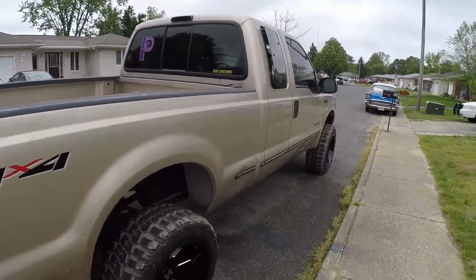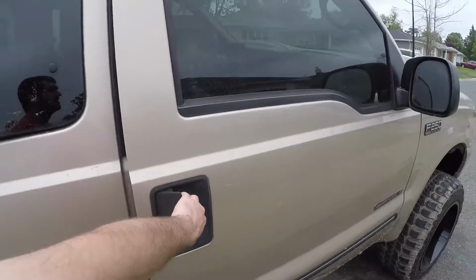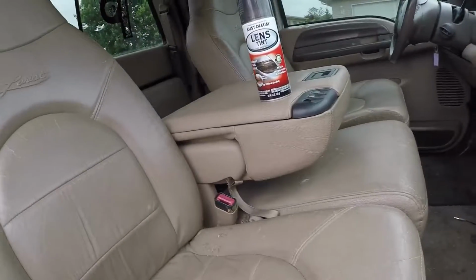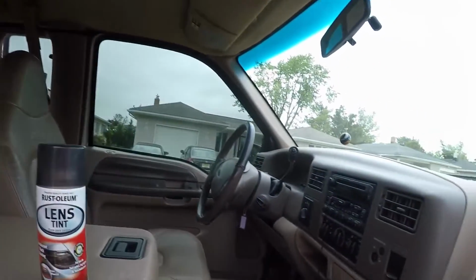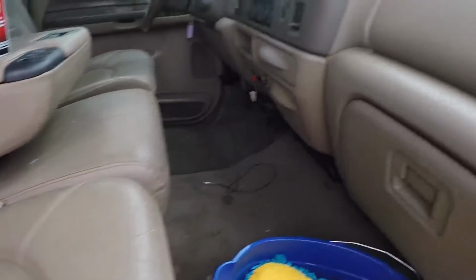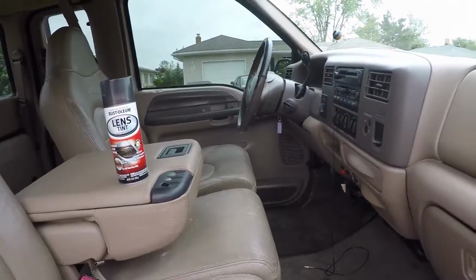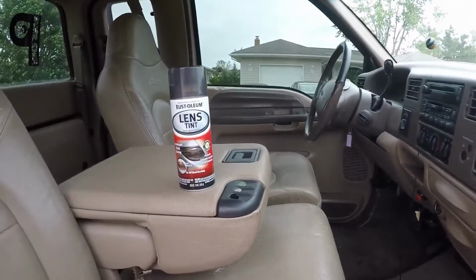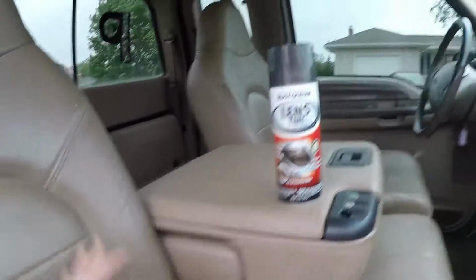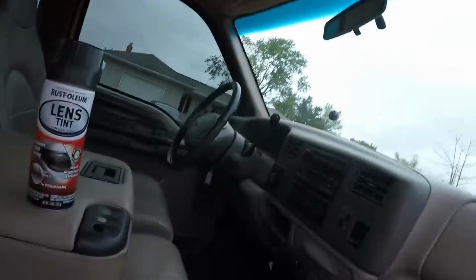The number 4 thing that I love about this truck is my interior. I know this is going to be nothing to you guys. I'm sure there's a lot of people that have a lot more luxurious, a lot more modern stuff than this. But for me, I'm used to a bare bones Crown Vic, and I'm used to a Jeep Cherokee that's got power windows. You know what I mean? That's it. So for me to get into a truck that has leather, and the little onboard display up there where it shows you the weather and stuff,